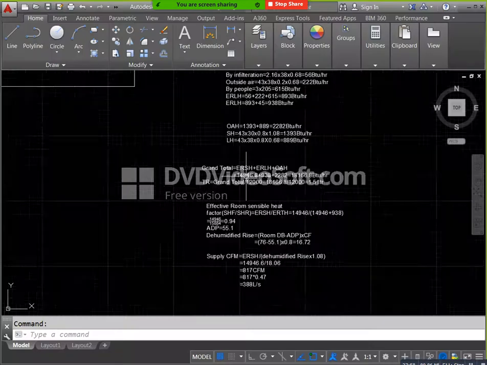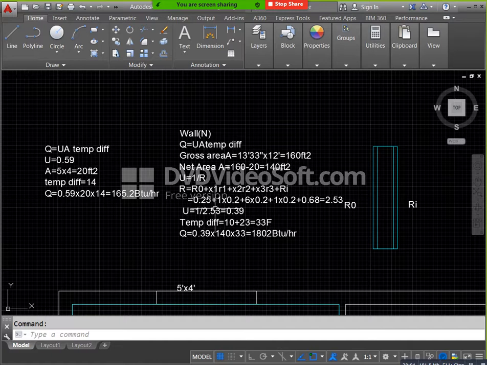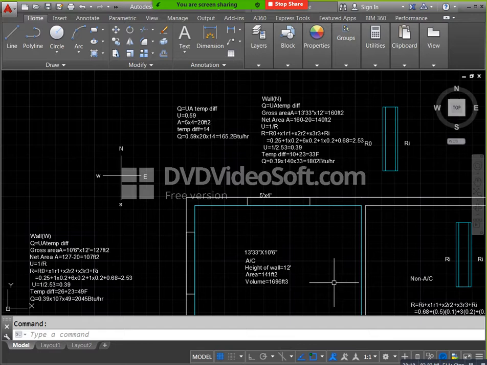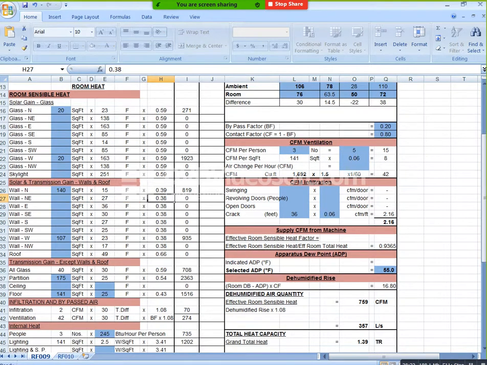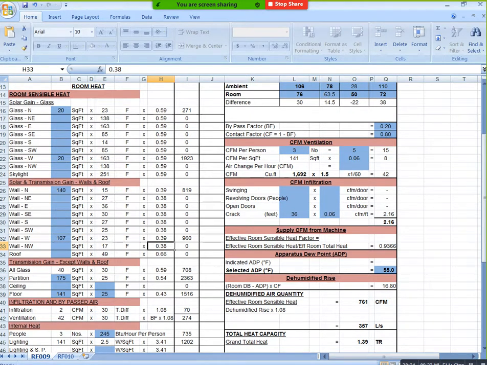Same here we need to mention our temperature differences. West condition, how much temperature difference do you have, and this condition, how much temperature difference do you have? North condition, how much temperature difference do we have? 33. We need to mention that value. At the same time, the west condition we have 160 temperature difference, 49. Okay, 49 we need to mention. Those two values we need to update here. Here you can see north side condition we have 15, you need to update here. This is locked, we need to mention the password. Actually we need to change here also. When you change these two, then you get exact values here.